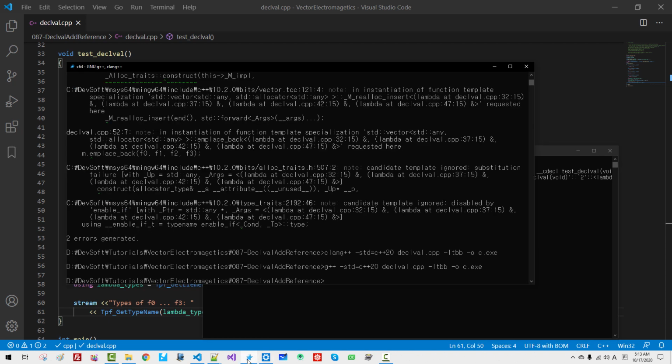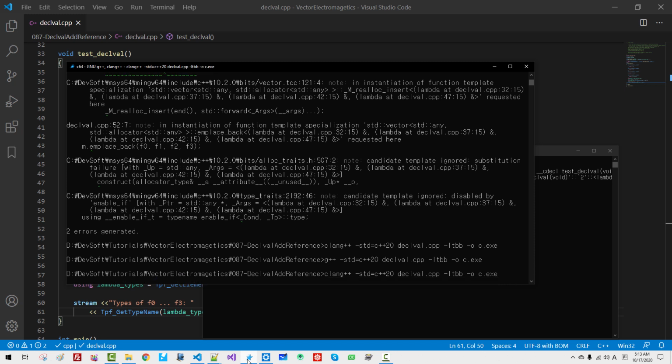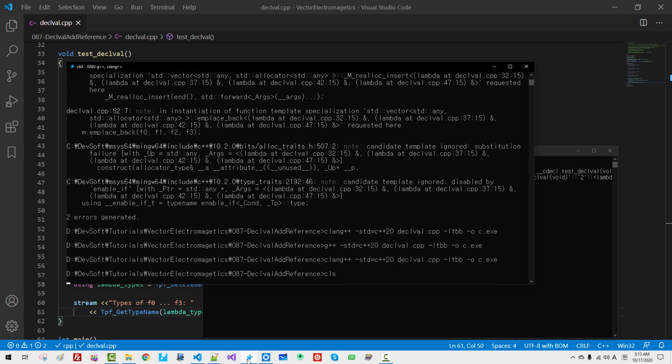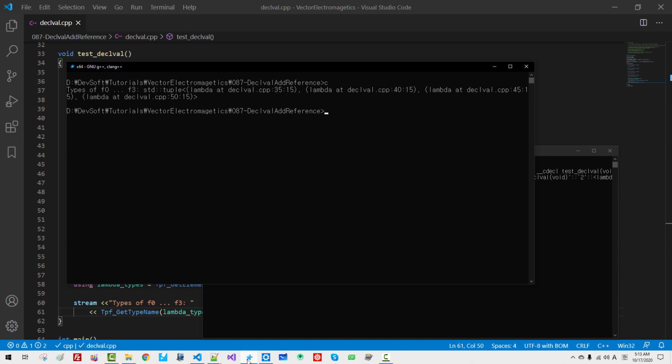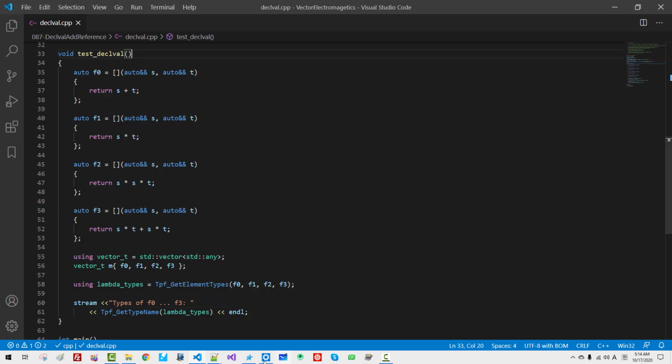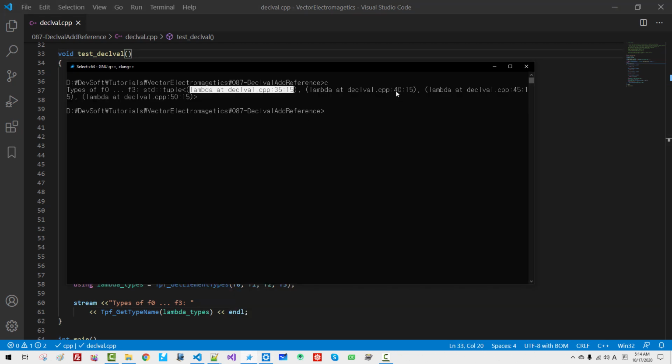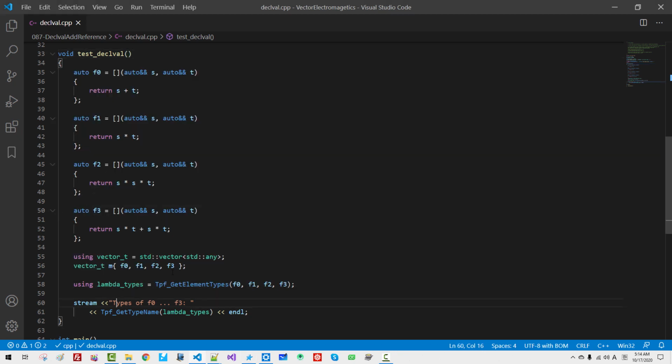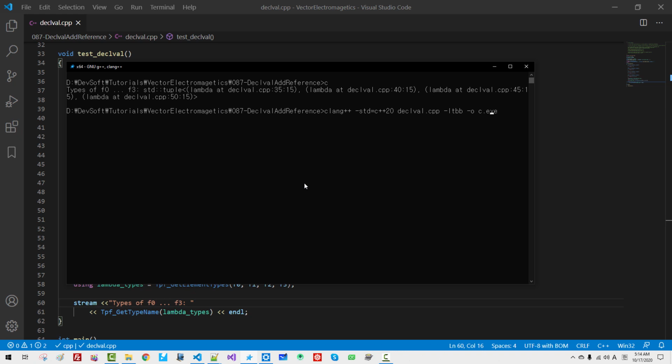If we try with the Clang compiler, it also builds successfully. In this case, it gives a message like this. Lambda at declval.cpp line 35. In the second case, line 40. Third case, 45. Lastly, 50. So, line 50. Now, with the GNU compiler,